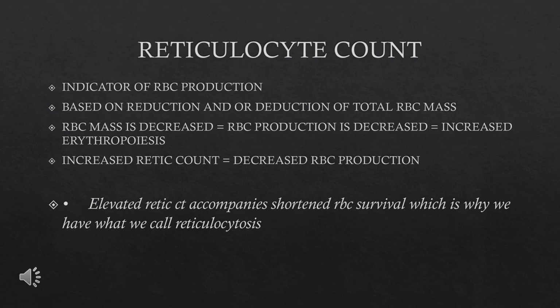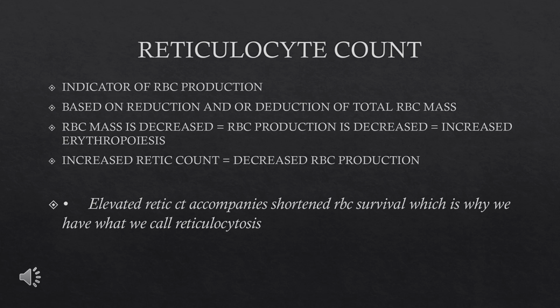When your red blood cell mass is decreased, you have increased erythropoiesis to compensate. On the other hand, if you have an increased reticulocyte count, there will be a decreased red blood cell production just for it to balance. An elevated reticulocyte count accompanies shortened RBC survival, which is why we have what we call